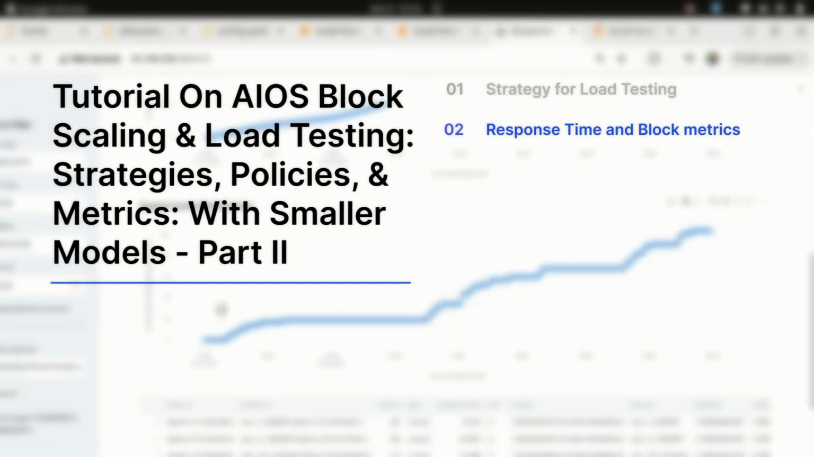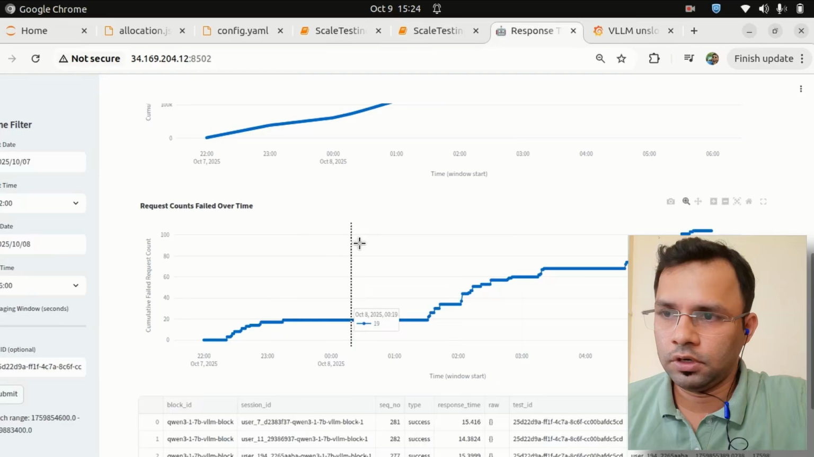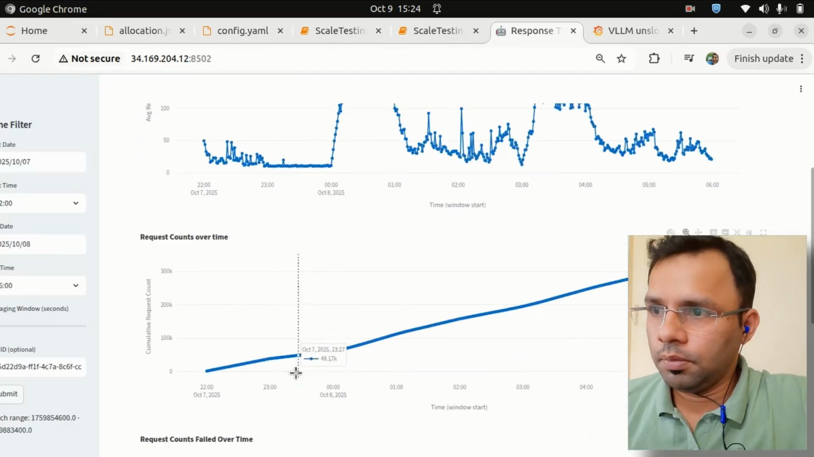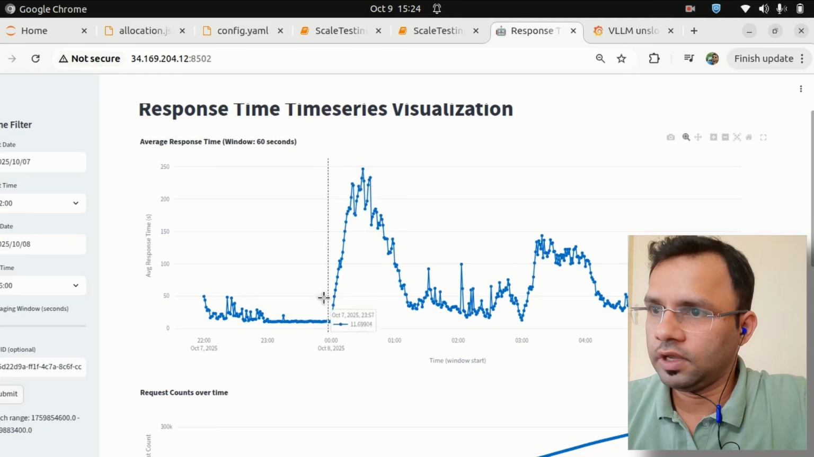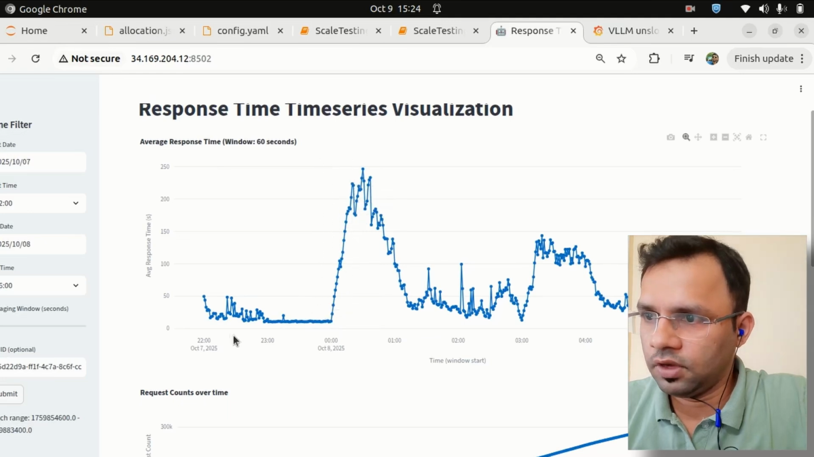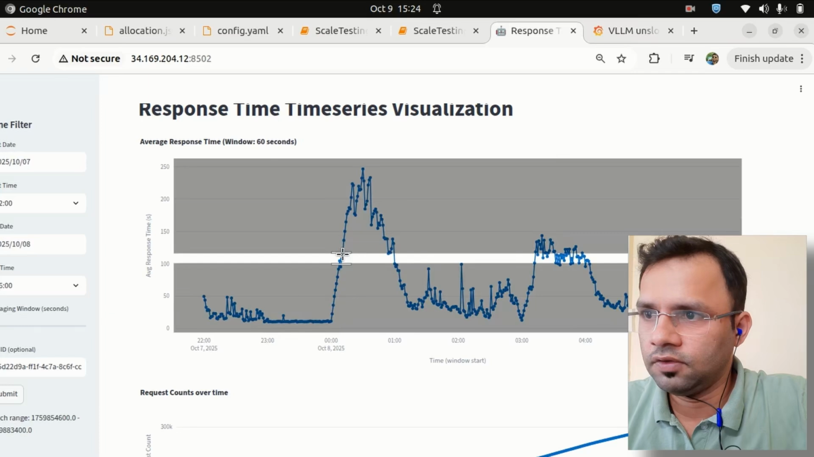Let me directly show you the output of the request response timings. So this was the response time. You can see here it is varying from 10 seconds to 200 odd seconds. This experiment was run from 22 hours to 6 hours in the morning, and during this time alone, you can see that there is an increase in the